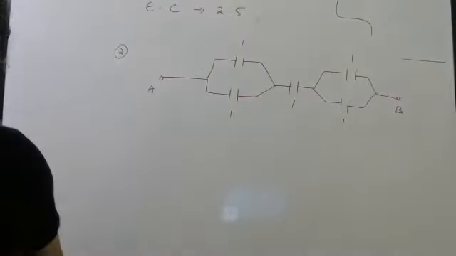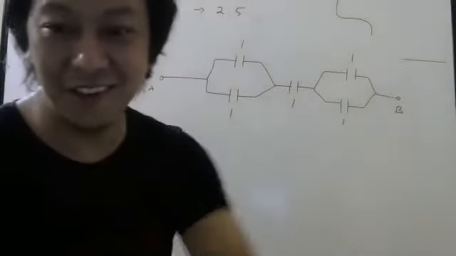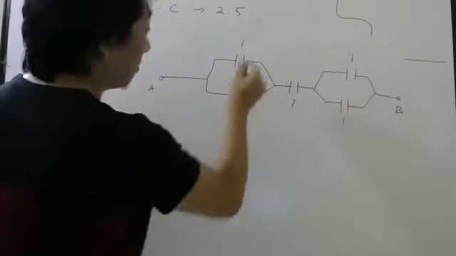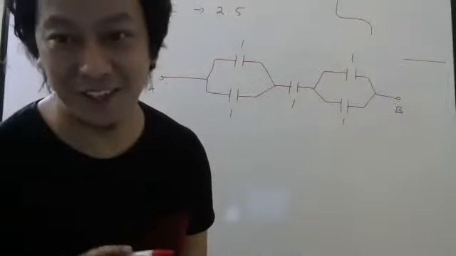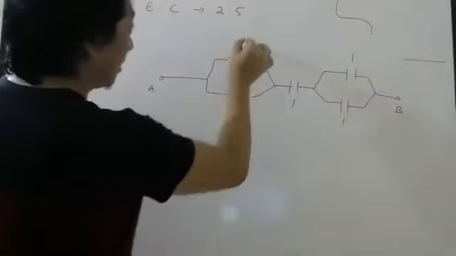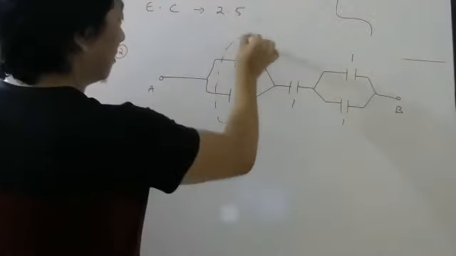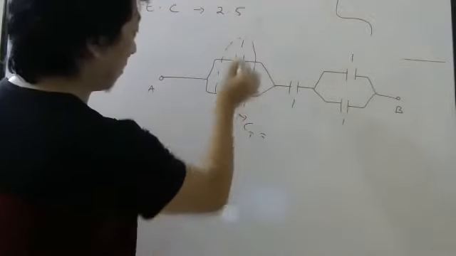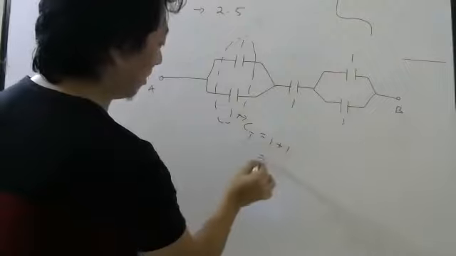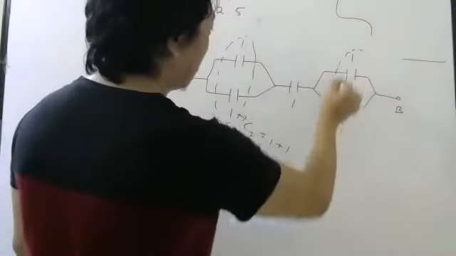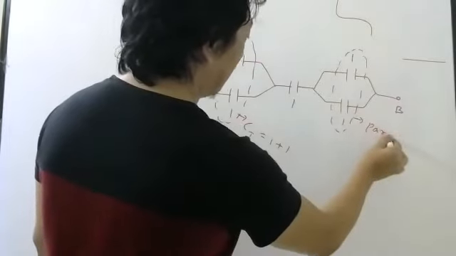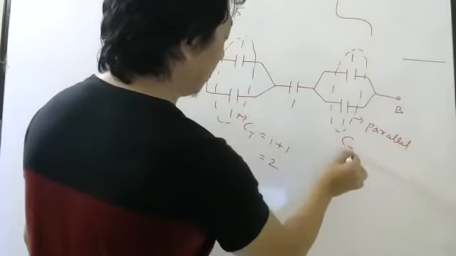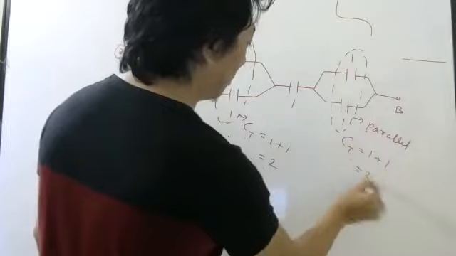Okay, so already most of you are giving the answer. Very good. Even bio students are giving. Very good, very good. So look here. These two, why I said bio is because these concepts are already done for electronic students in first PU. So look here. These two are in parallel. So total will be C1 plus C2. So 1 plus 1 will be 2. Similarly, these two are in parallel. So since they are in parallel, total will be 1 plus 1, which will be 2.